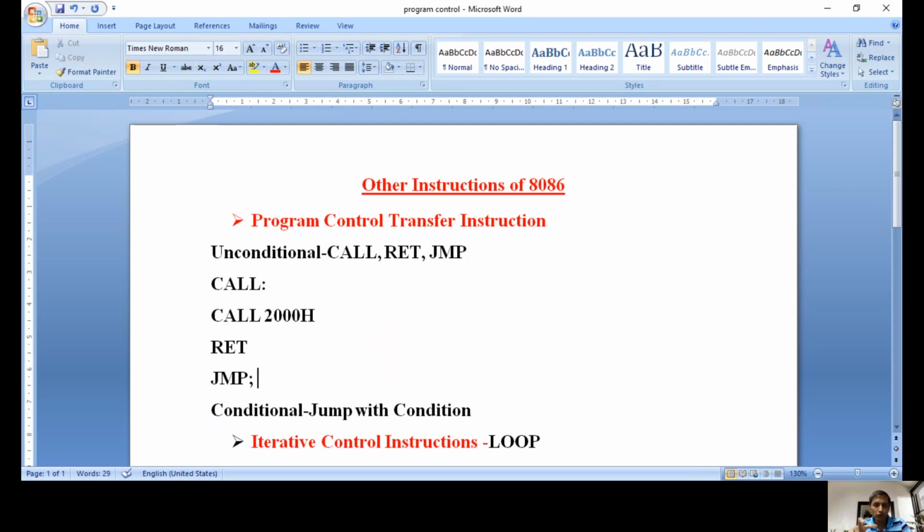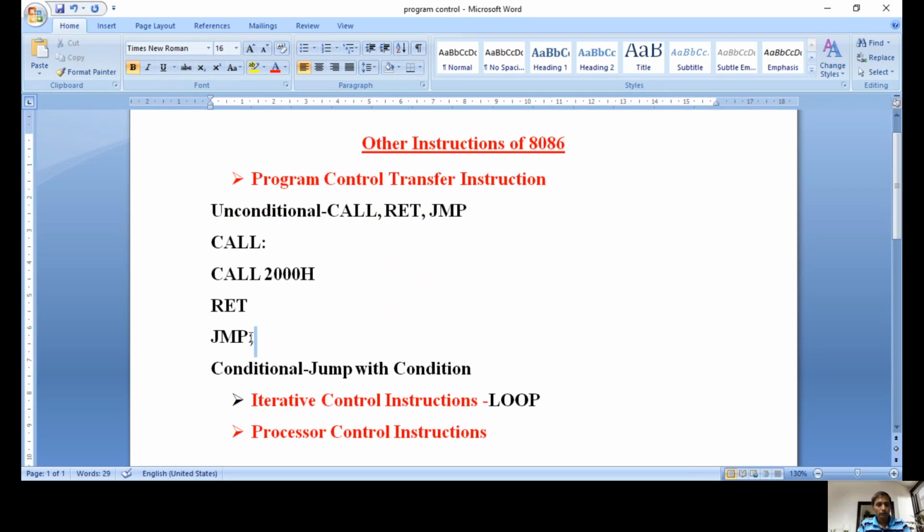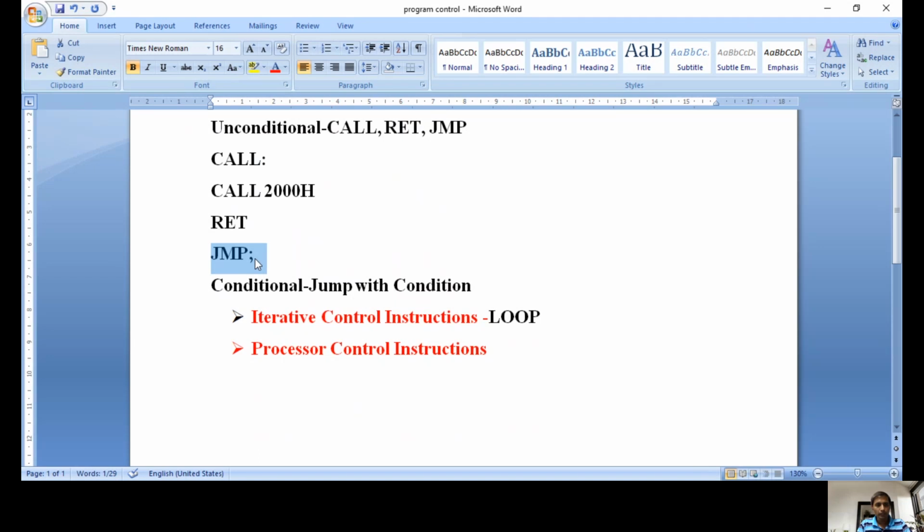Similarly, for example, if I need to control a stepper motor continuously, in that case also I write a jump instruction, and until power is available, the instructions execute continuously. In those applications we use the jump instruction. So the jump instruction performs an infinite number of times without any condition. This JMP is the unconditional jump.